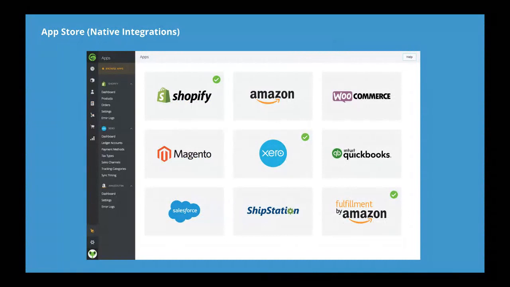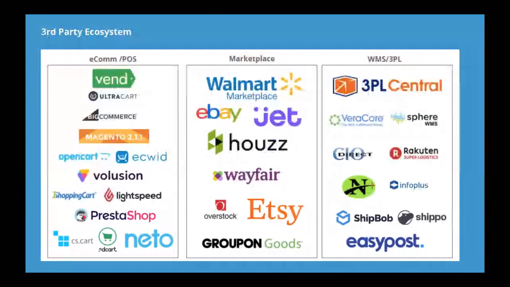And one of our big initiatives this year is to continue to build out our ecosystem approach. So this is just a handful of the different software that we currently integrate with: different e-commerce carts, POS systems, some of the biggest marketplaces in the world, and then back to the WMS, which is warehouse management software, and 3PLs that you might be using currently.